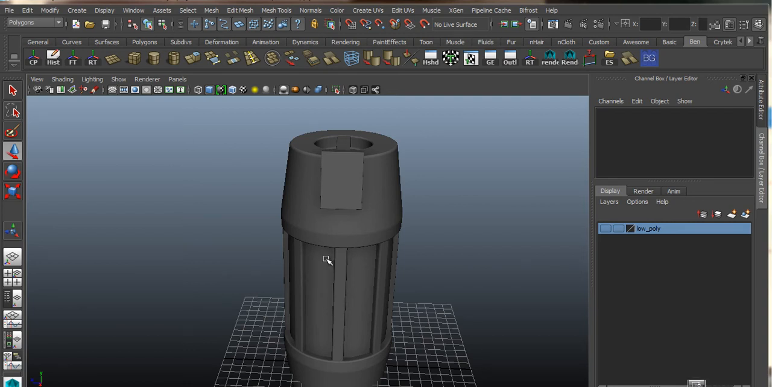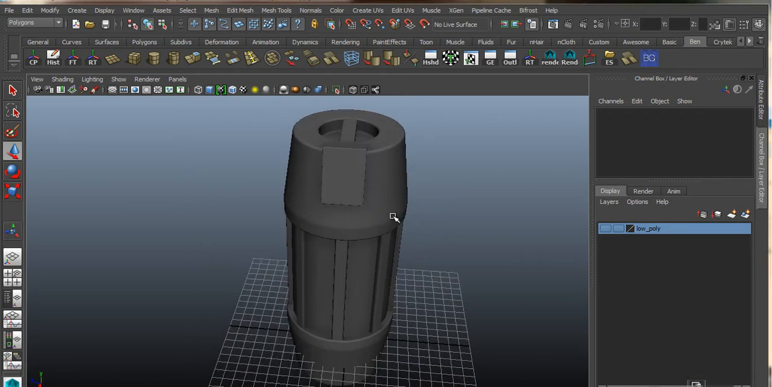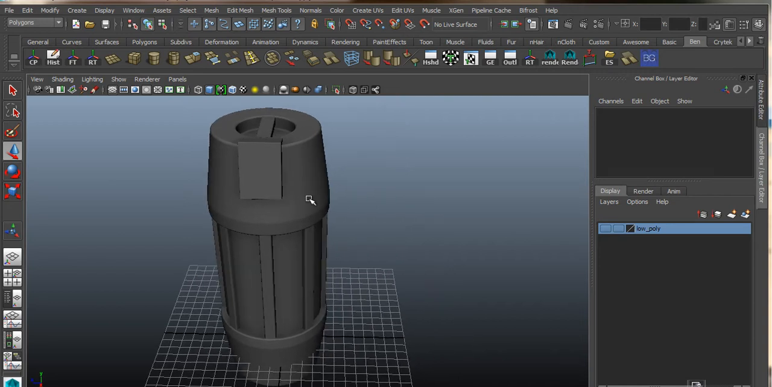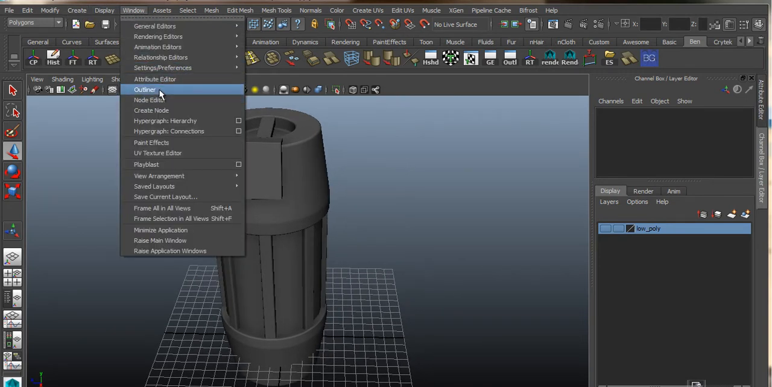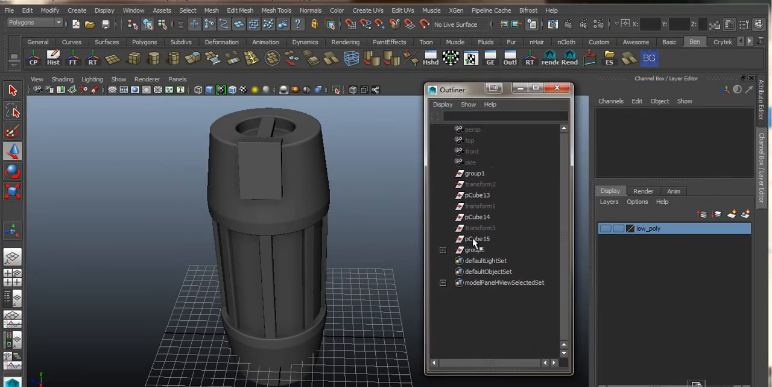In this tutorial, we're going to just finish off naming our battery and preparing it for exporting in ZBrush. So the first thing to do is to check the outliner to see how well our object's been organized. So we can go to Window and Outliner. And here we can see all of the groups and pretty much everything that makes up our